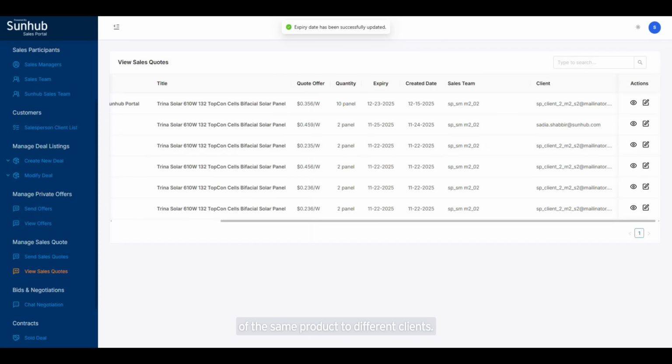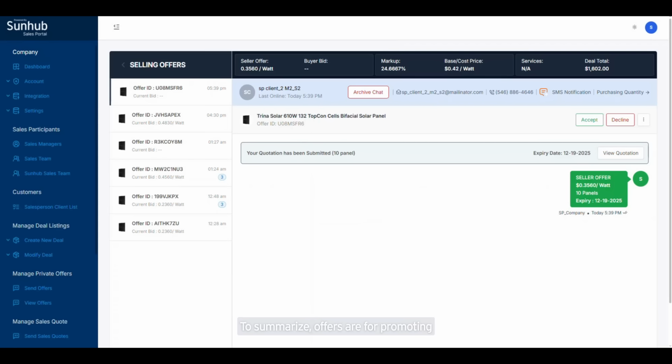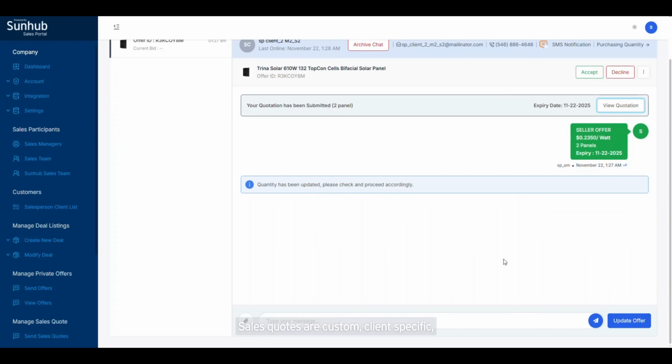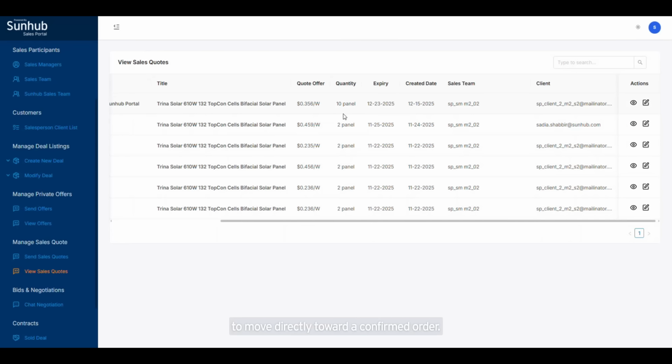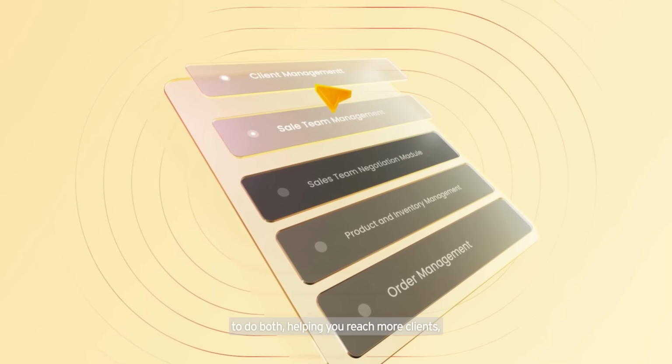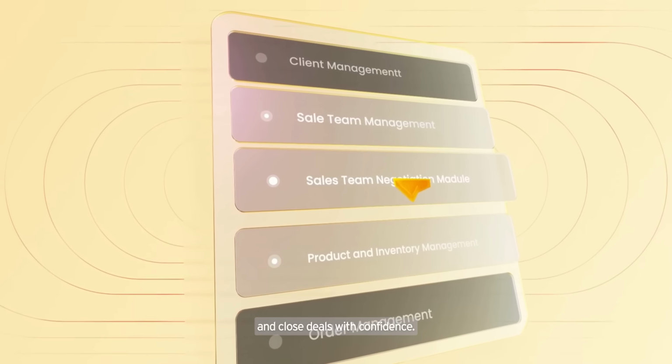To summarize, offers are for promoting available inventory to multiple clients, with general pricing and terms. Sales quotes are custom, client-specific, quantity-specific, and designed to move directly toward a confirmed order. Sunhub's portal gives sellers the flexibility to do both, helping you reach more clients, respond faster, and close deals with